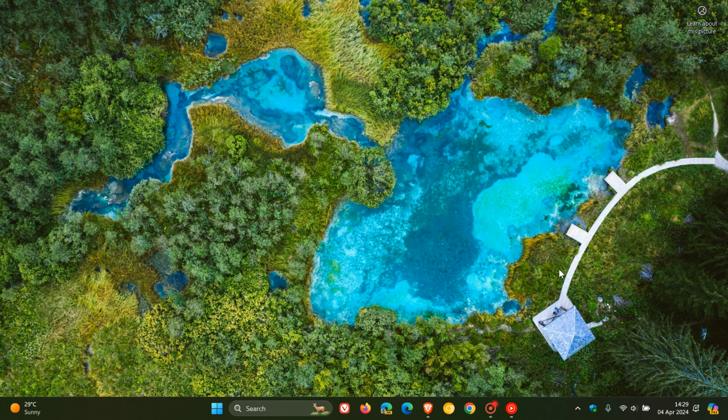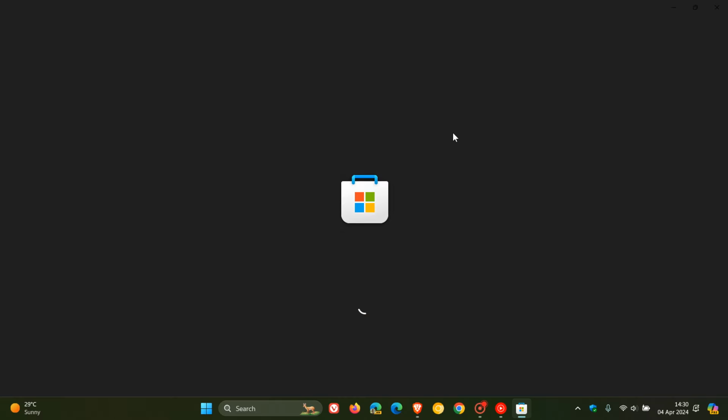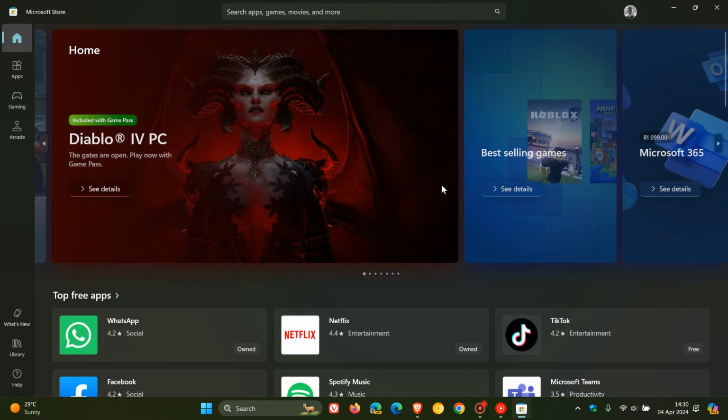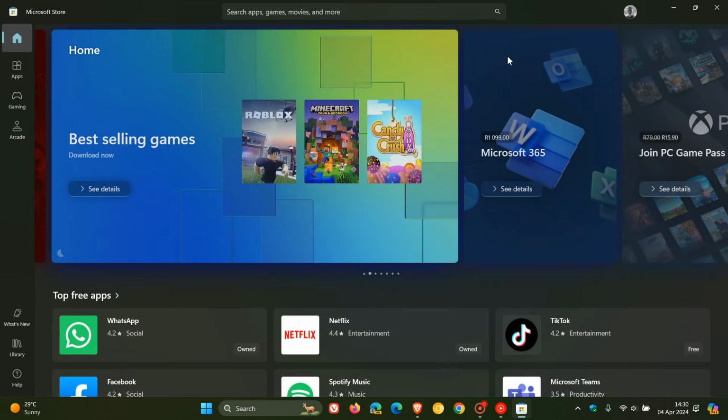So Microsoft has been rolling out quite a couple of significant updates to the Microsoft Store of late. Two of which is that, as I posted a couple of months ago, the Microsoft Store is finally much faster on Windows and opens up on Windows 10 and Windows 11 a lot quicker than it used to back in the day. And a recent development was this new What's New changelog that Microsoft added to the store